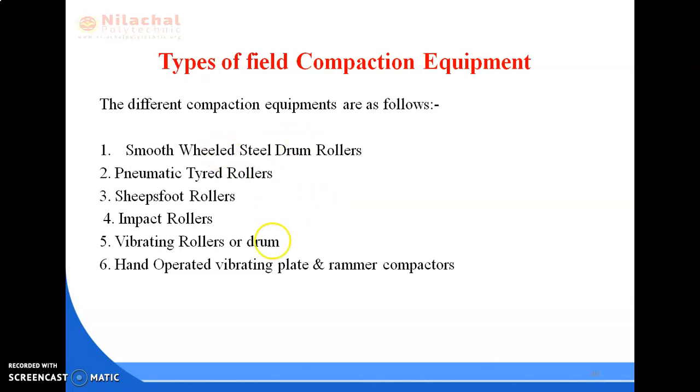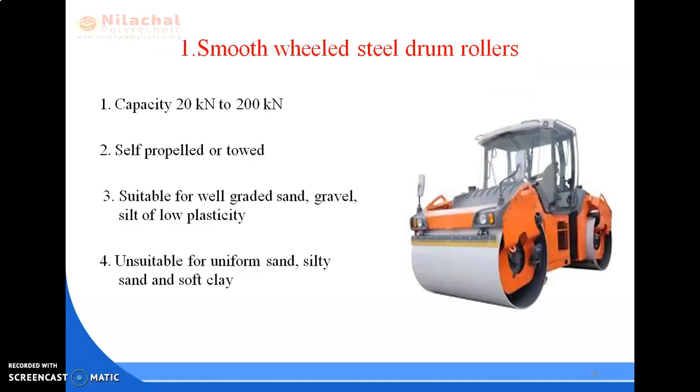So now we discuss one by one briefly, as this is a long question. Types of field compaction equipment. This is an important long question, so you have to write briefly in the exam. So first one,